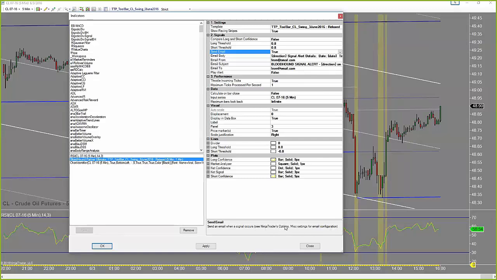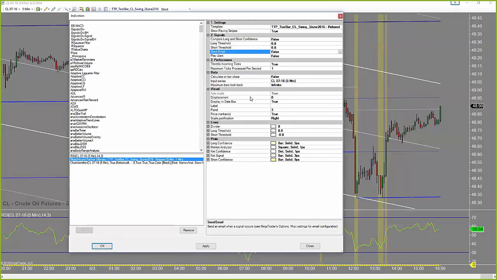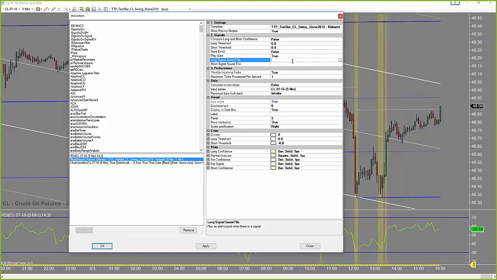They used Ninja server, and that is kind of a pain to set up, and it's hit or miss. Sometimes it works, sometimes it doesn't. So I think probably best to just play an alert so that you get an audible alert if you have the alerts window